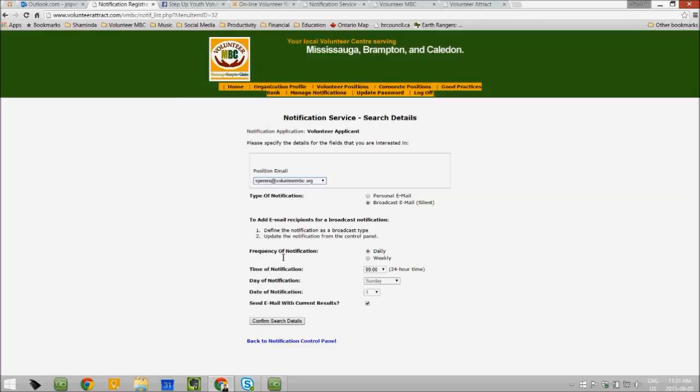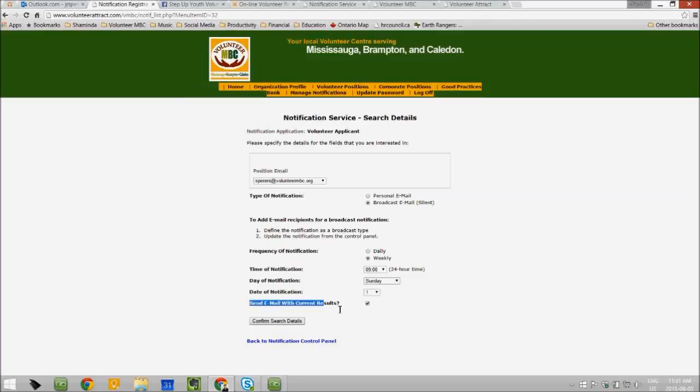And then set the frequency of notification. If you have high operations and want to receive these notifications daily, click on daily. If you want to receive them weekly, click on weekly, and you can also set the day of the week that you want the notifications to arrive in your emails.